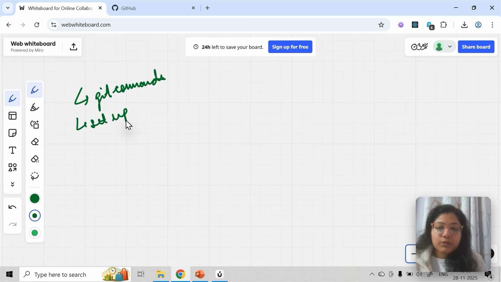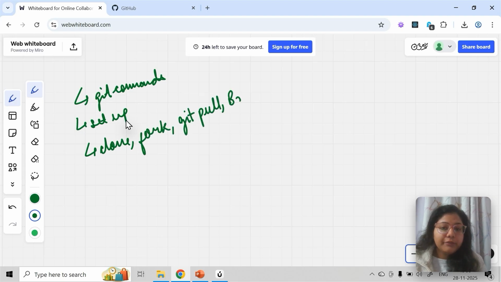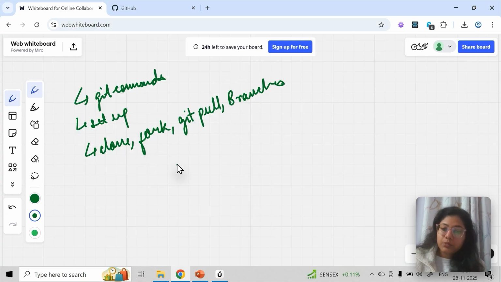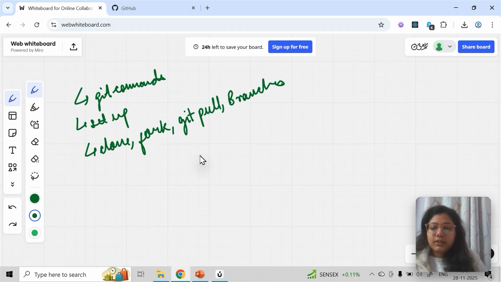Now, we are going to see today how we can clone a repo, what is fork, what is git pull, how to create different branches. I'll also continue and recall how I explained how branches work when multiple people are working on a project. Based on that, I'll also explain how new branches can be created, and how in real time developers are able to collaborate and work remotely. So let's start with one example.